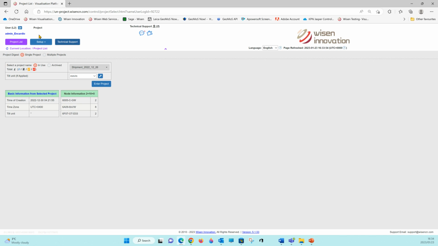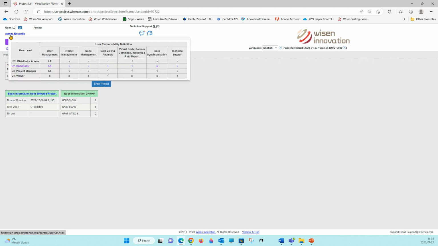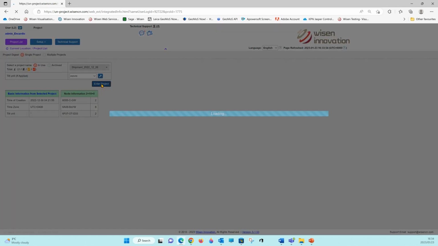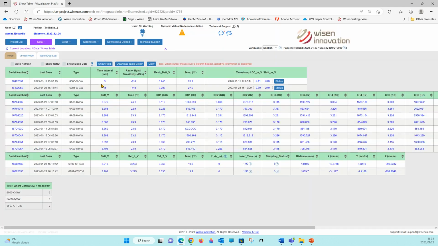Okay, so first of all, you can see here I'm logged in as admin in Cardio, and I'm an L2 distributor user. We're going to go into the project of interest. And we can see this project has 2 gateways, several 8-channel vibrating interface nodes, and 2 omnidistance tilt meters. What I've done previous to this, obviously, you can see on the time interval for gateway ending in